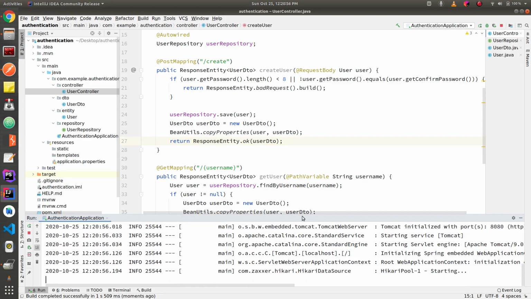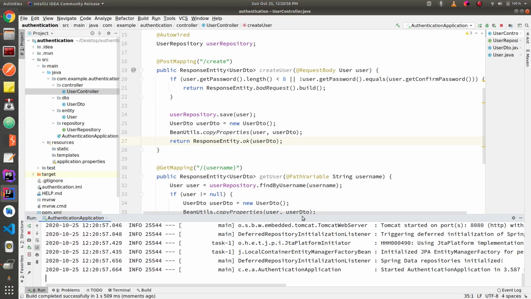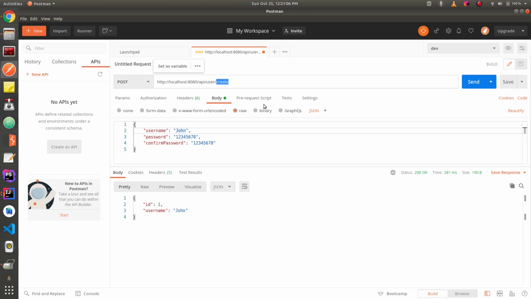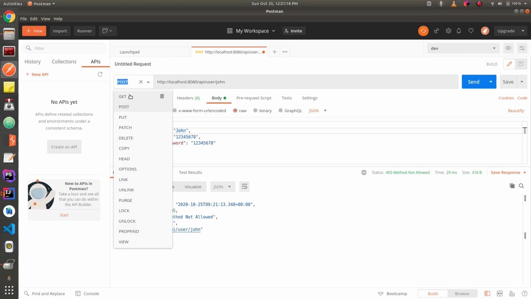Let's run the project, and we'll go to Postman and create a user. Let's change it to John. And change the method type to get.